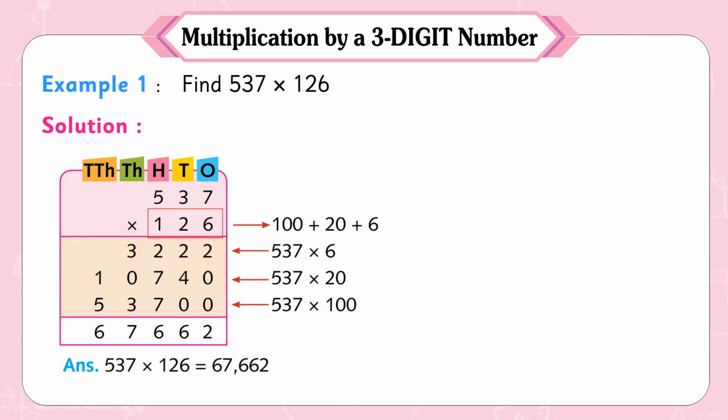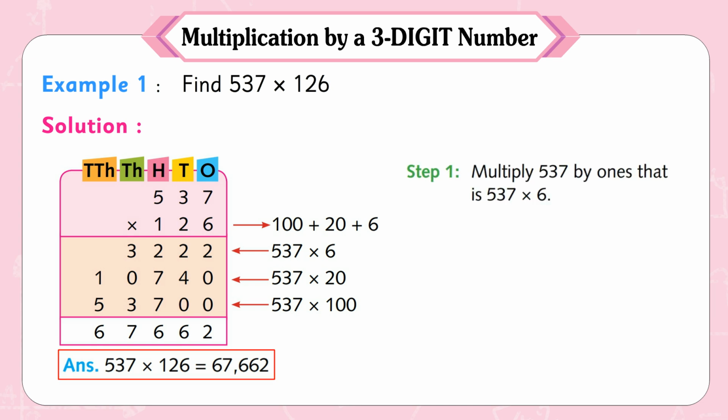537 into 126. 126 is 100 plus 20 plus 6. 537 into 6 is 3,222. 537 into 20 is 10,740. 537 into 100 is 5,37,000. The sum is 67,662. Answer. 537 into 126 is equal to